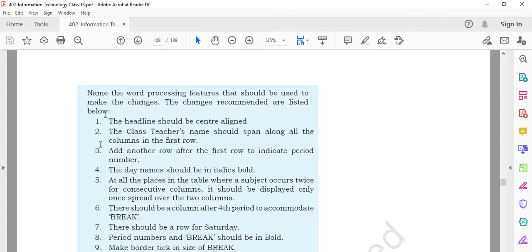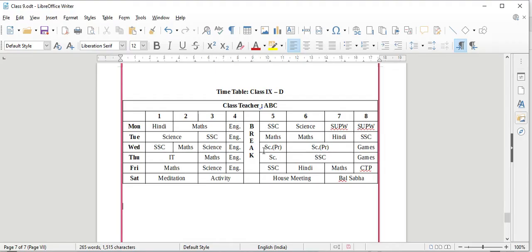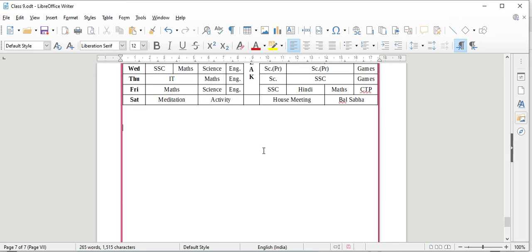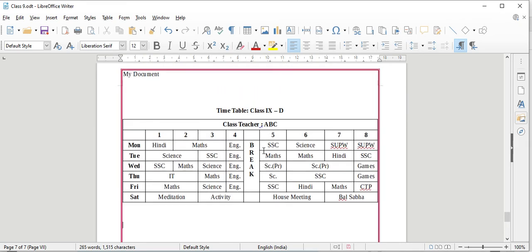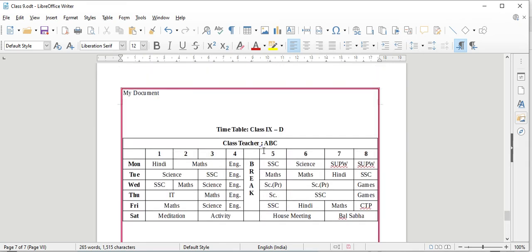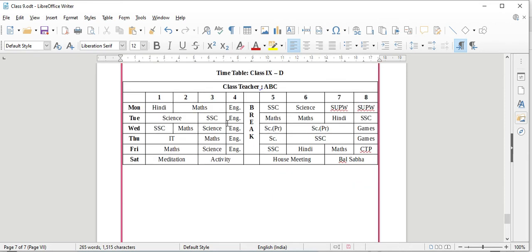You can directly write the answers to these questions in the timetable document where you have created your timetable. Below it, you can mention the question and write the answer in bold.